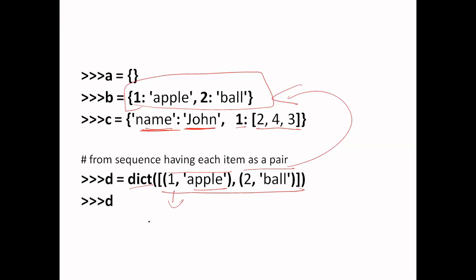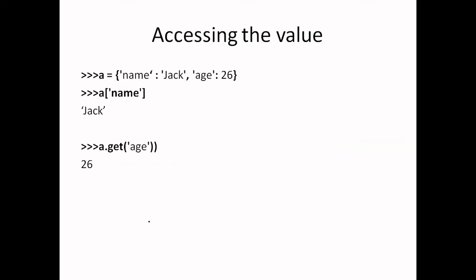We can also create a dictionary using dictionary comprehension. We will see that in the last part of the dictionary lecture. To access the value part of an element, we have to use the key part. So we must know the key part of the respective value. Otherwise, we cannot print the value part.